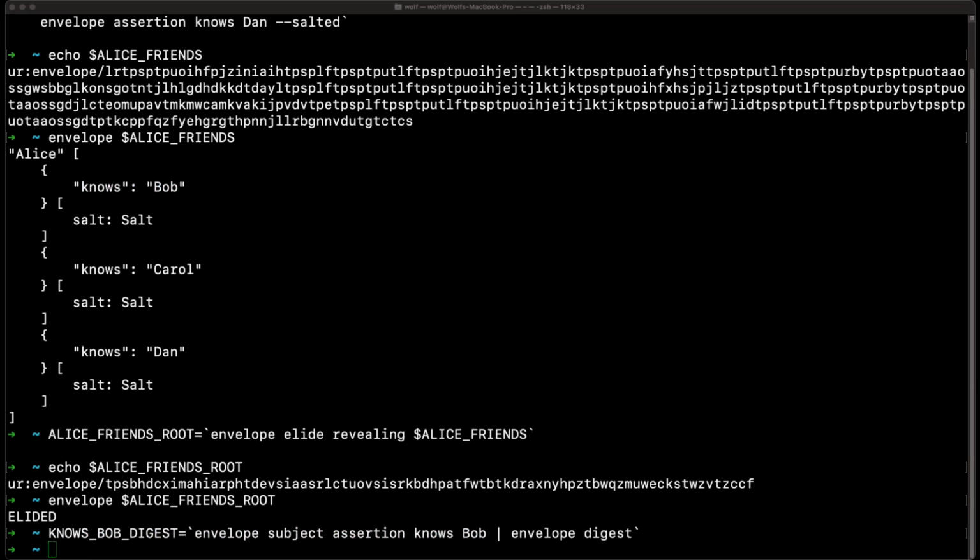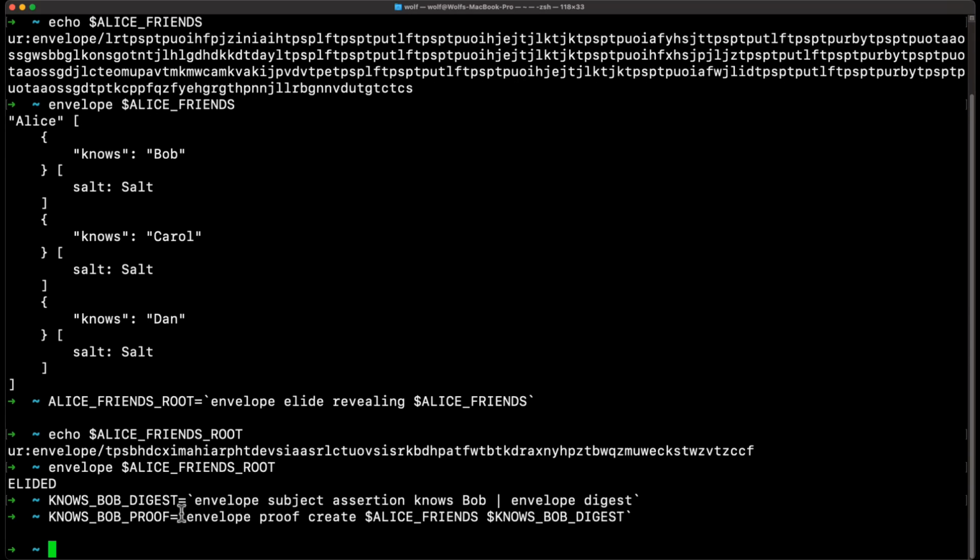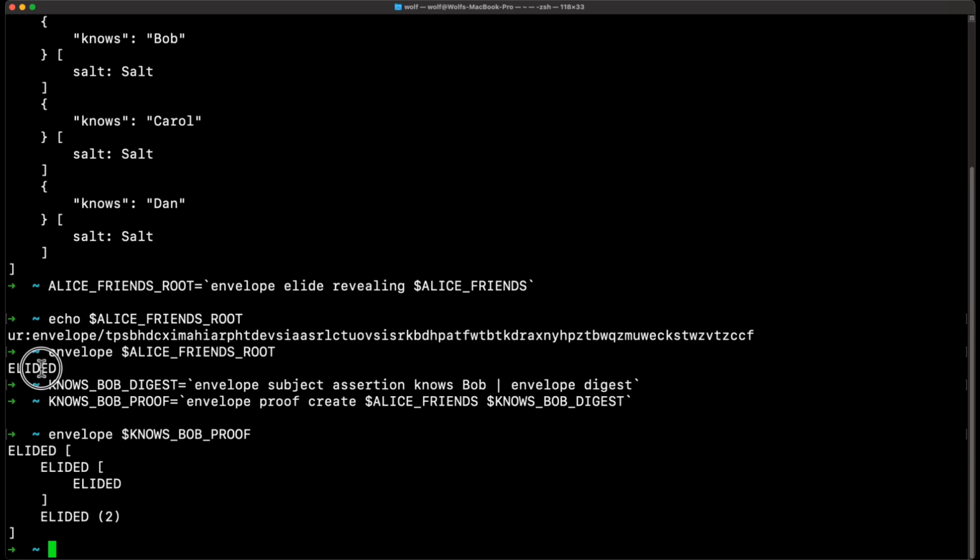So now we're going to generate the actual proof. We're using the envelope proof command. We're saying envelope proof create, and then we're using Alice's friends, the full document here, and we're saying just prove that the knows Bob digest exists in this. So now if we type envelope, knows Bob proof, it's not as tiny as this anymore, but it's got a structure